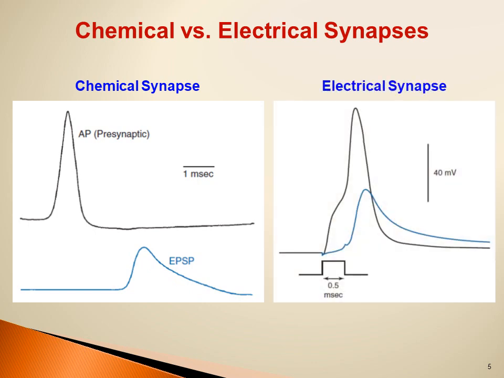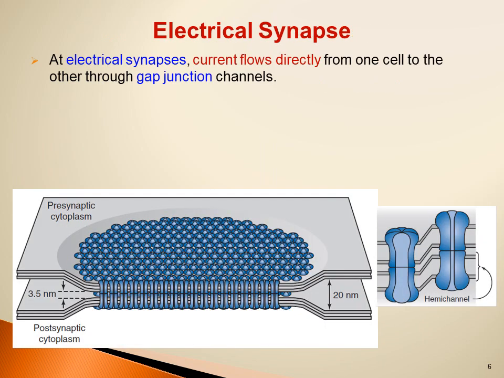On the other hand, because current flows very rapidly through the gap junction, there is a very short delay, or no delay, in the case of electrical synapse. As you can see here, this is the action potential in the presynaptic terminal, and this will lead to an action potential in the postsynaptic neuron with a very short delay. So at electrical synapses,